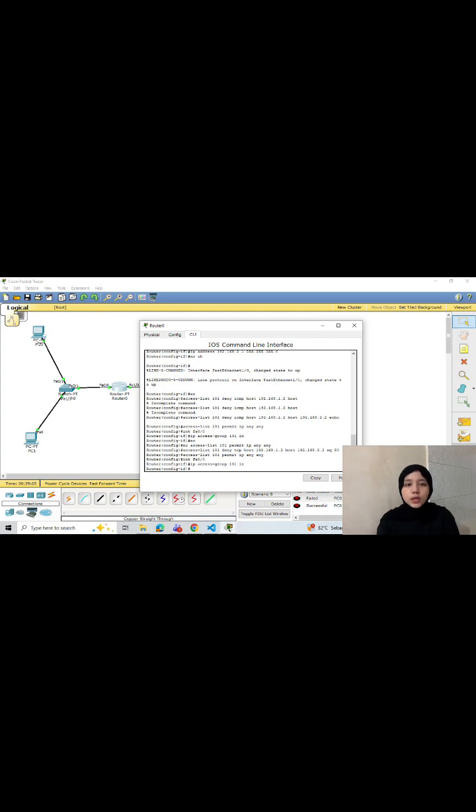Using ACL, network administrator can determine which services are allowed or denied for network user. This is very important for protecting data security and preventing unauthorized access to server and network service.